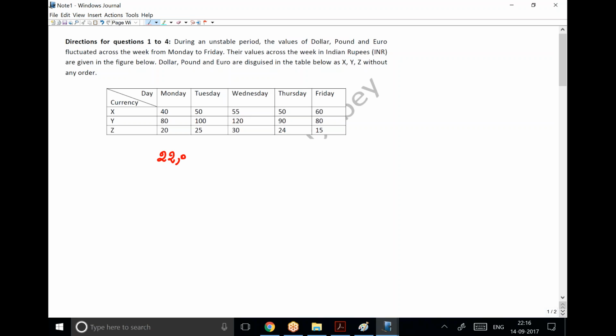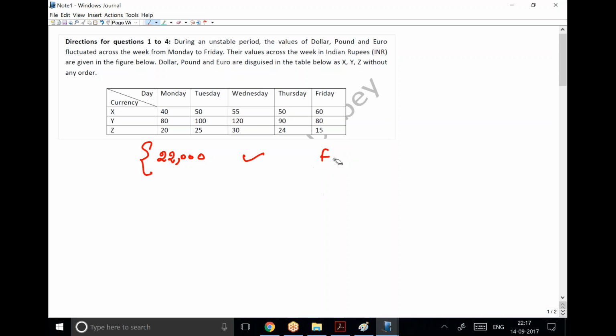22,000 will get invested on Monday, and on Friday when they will take the amount out after 4 transactions, the difference between this and the amount which we earn on Friday has to be maximum. Exactly, they are looking for the maximum, in terms of this has to be more than 22,000,